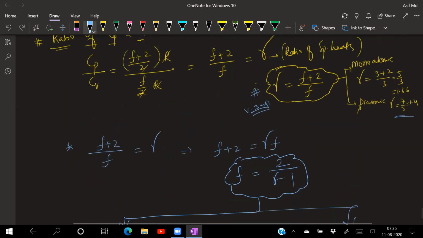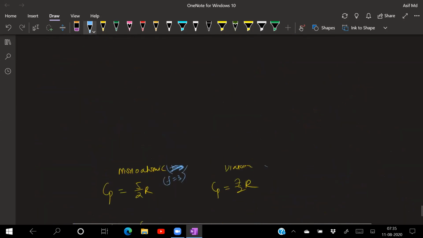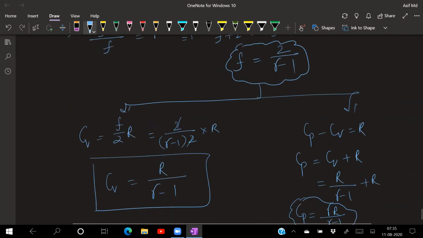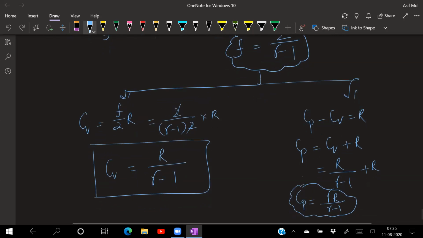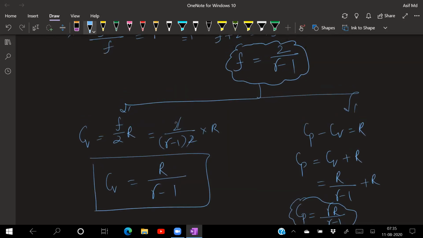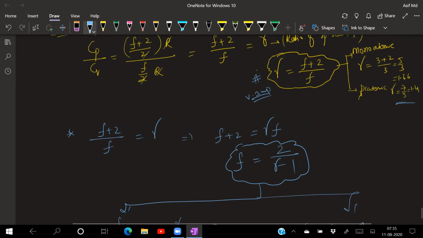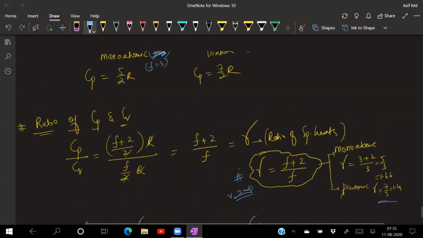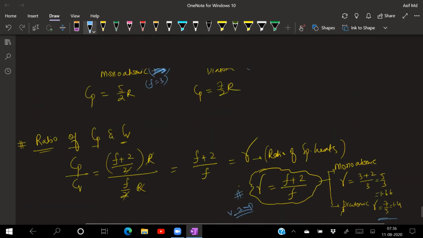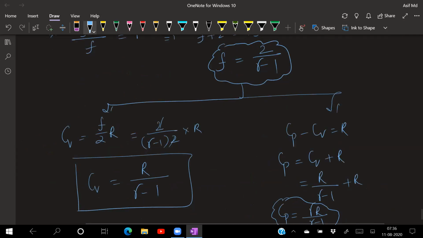These are the formulas on which you have a Sunday's examination. We'll try to go through a lot of numericals based on specific heat, especially. So try to revise this topic once before you come, because tomorrow we'll do a lot of problems based on this, applicable for competitive examinations. I told you all the values of gamma in terms of degrees of freedom, and how to get degrees of freedom from the gamma value. So give some time for revision, and we'll go for the applications of this in tomorrow's session.